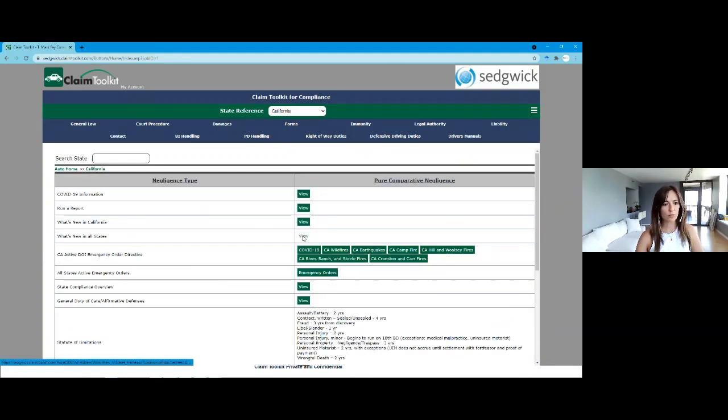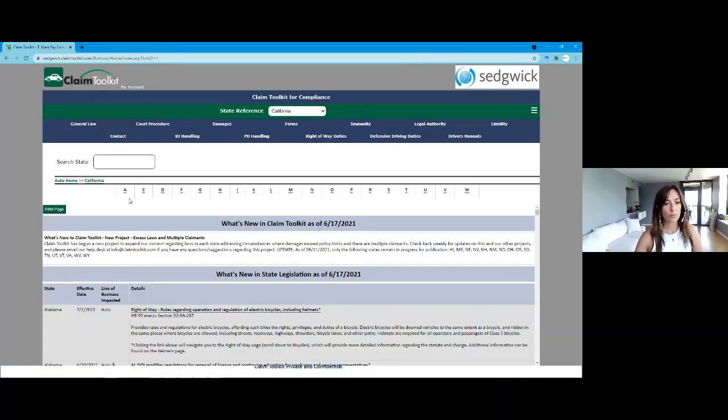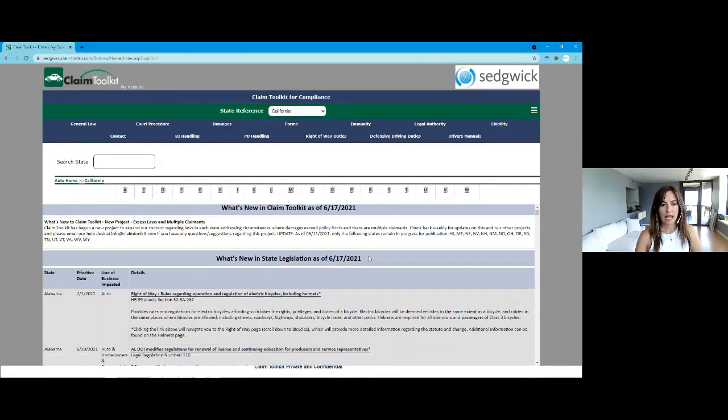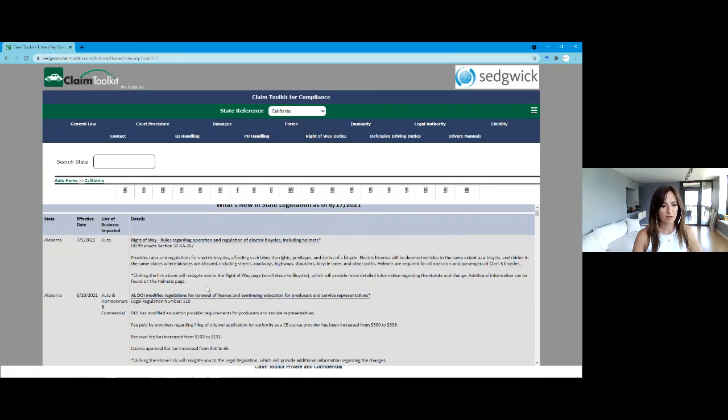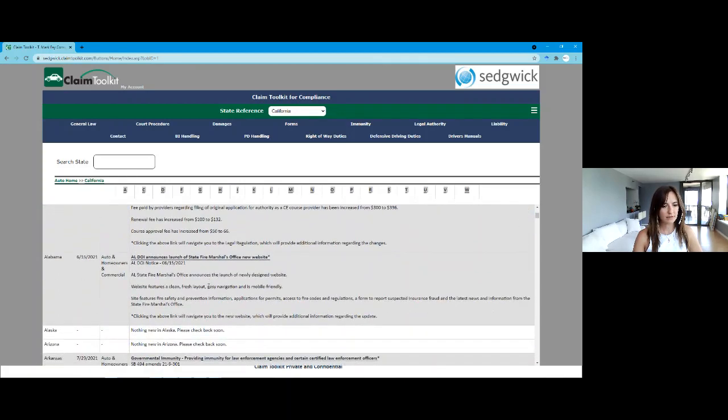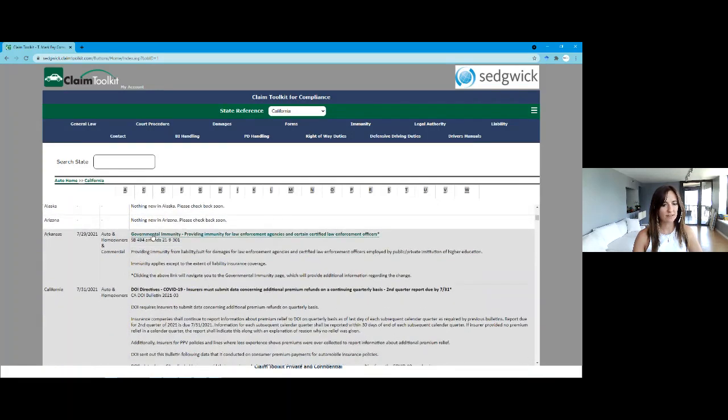And now we're going to jump into our what's new in all states. We have our navigational toolbar at the top of our screen. Again, our what's new in Claim Toolkit. And then we'll move into what's new in state legislation as of 6/17. So we break it up for you by the state, the effective date, line of business impacted, and details on the what's new. If we go ahead and scroll down a little bit, we'll take a look at Arkansas governmental